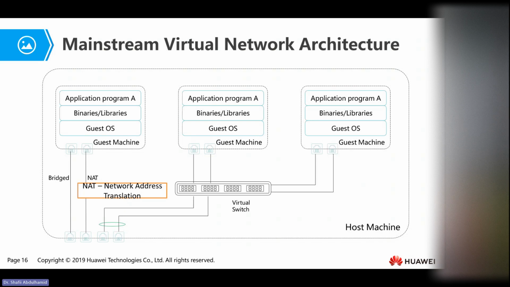Without the NAT, you might simply send information and it would take forever before it can arrive because it has to go round and round. But with the NAT, address translation is easy and it can identify the virtual machines that are needed to receive or send the information that you are managing. So this is what we have in the main virtual network architecture.